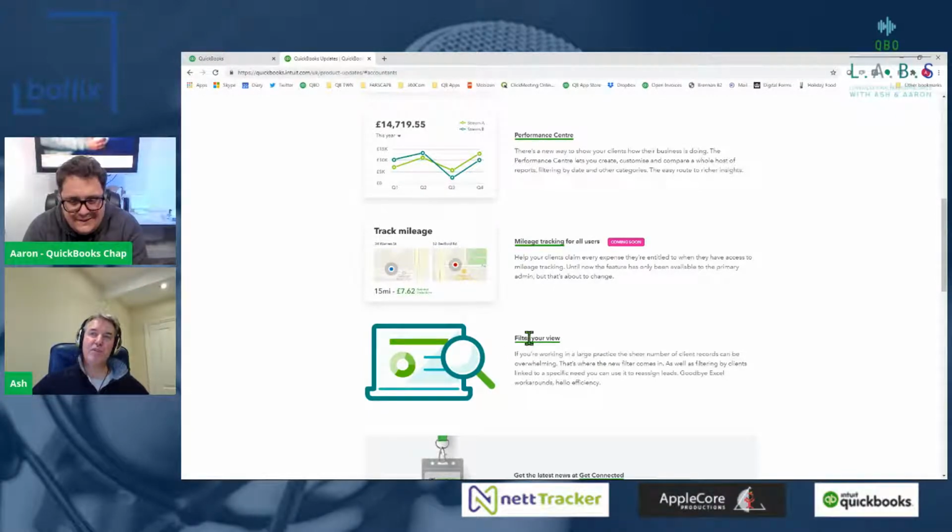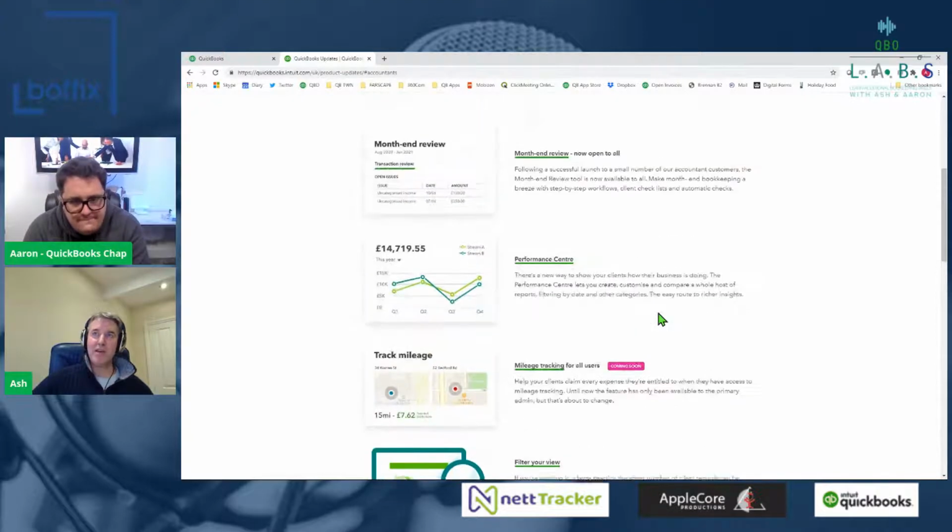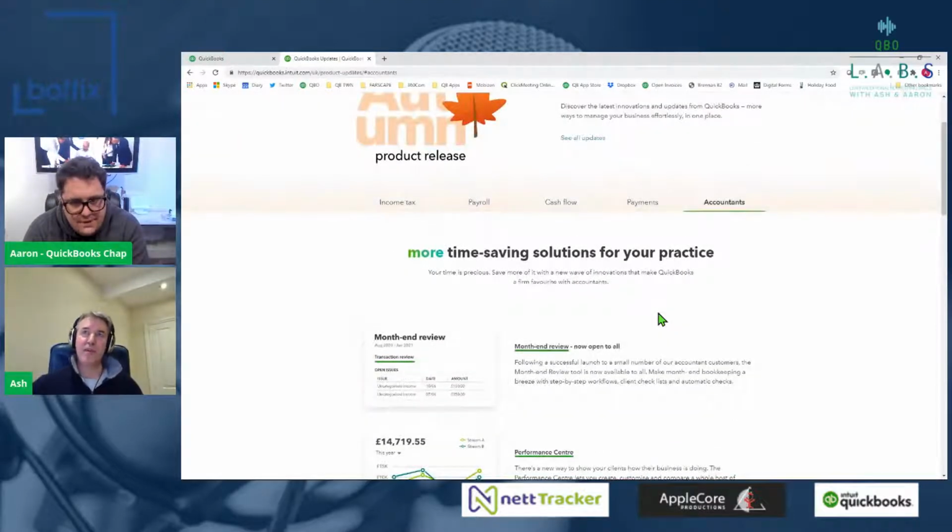And then you've got this filtering option. So if you log in as an accountant, where you land on your accountant dashboard with all of your clients, there's a new filtering option where you can look at files that relate to just a particular manager. At the moment, I think it's labeled as a lead. So who is the lead on this client? You can sort it by that. So there are our main updates for autumn.